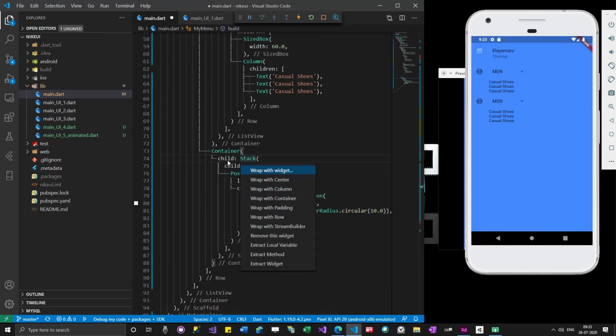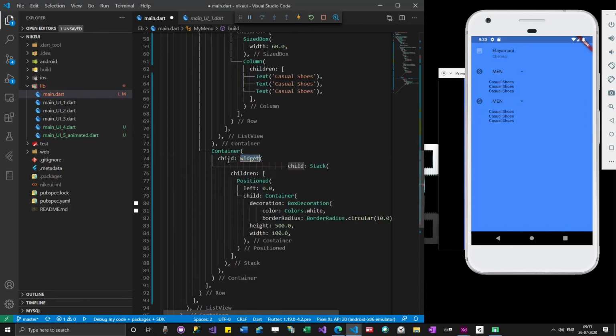So most of the times we fix these kind of issues by wrapping inside an expanded widget, or we will try multiple different things. We need to identify which one will fix our issue. Okay, so it hasn't fixed.